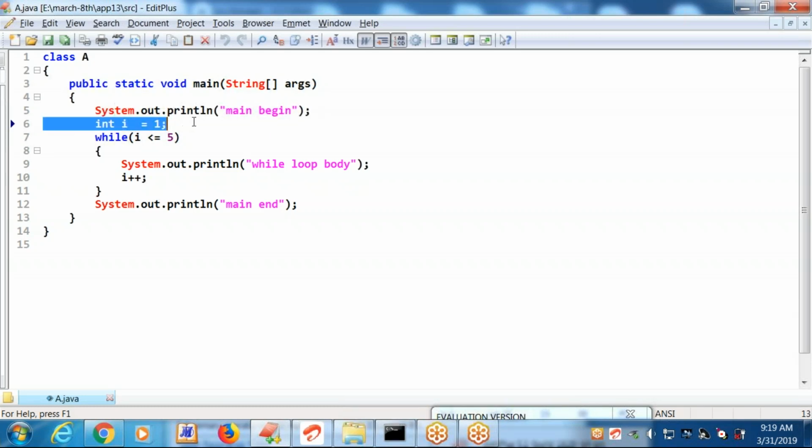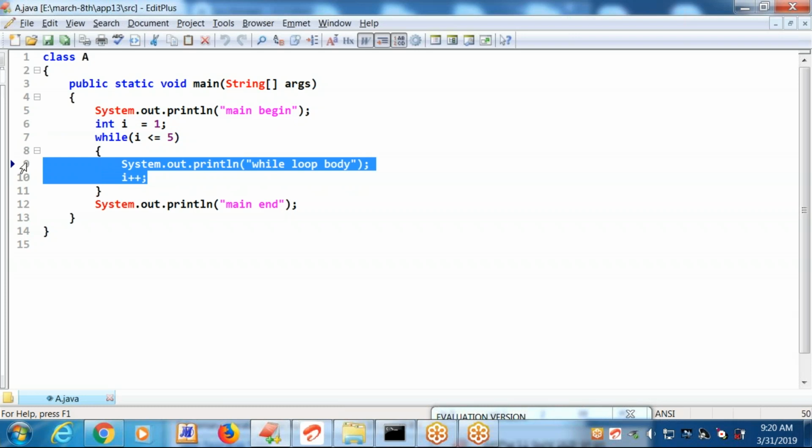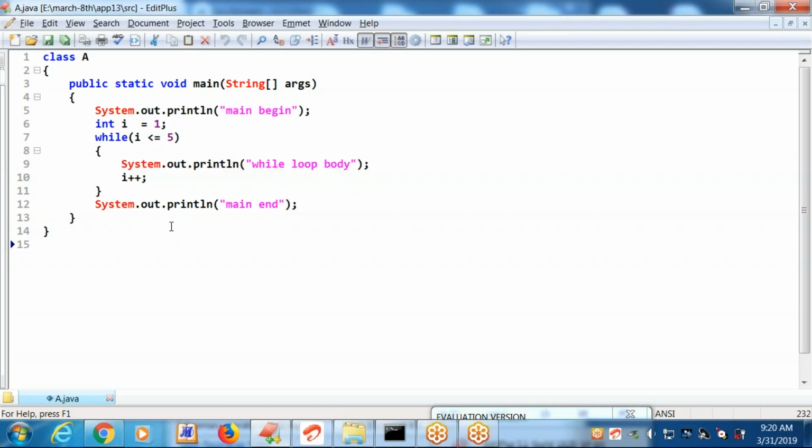This is the initialization. This is the Boolean condition. This is the changes. Only for the Boolean condition there is a fixed location. You can do initialization anywhere. You can do changes also anywhere in the body. Let us see, I is equal to 1, 1 less than or equal to 5, going